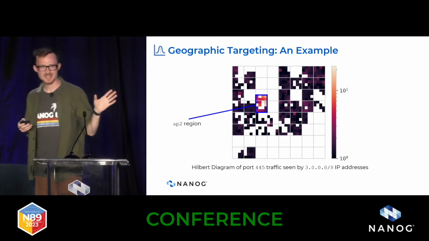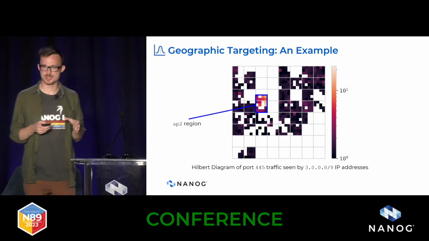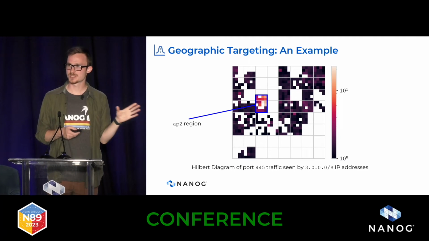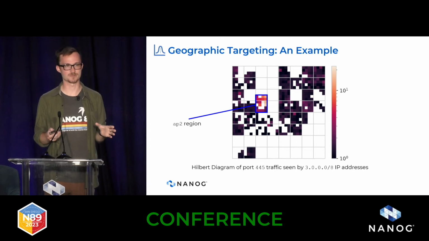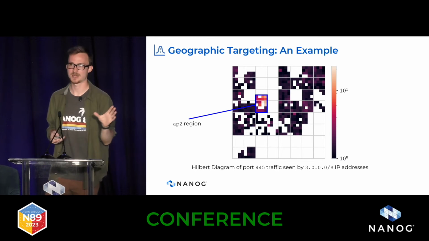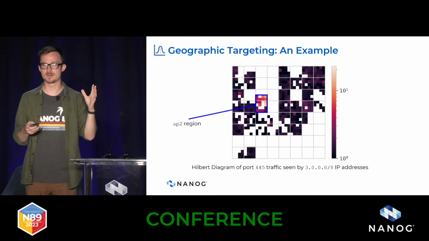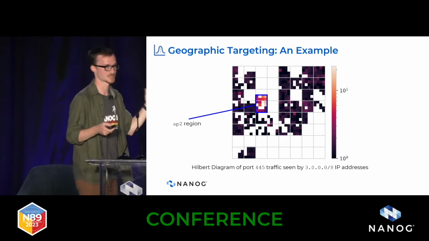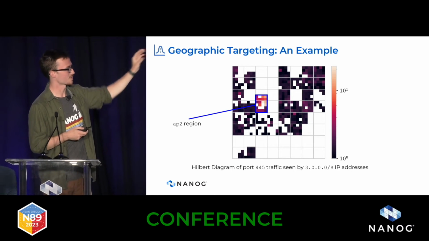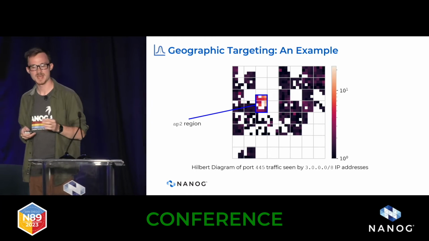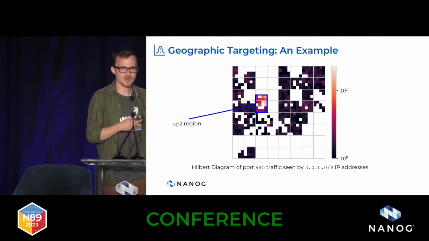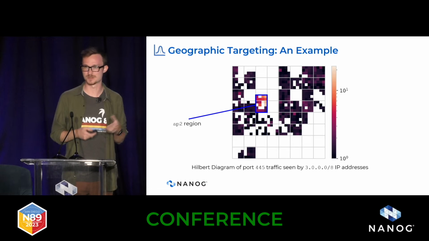Now, one thing I said in the previous slide was that we didn't see a lot of difference between geographic regions. Just as sort of an interesting example, that wasn't exactly true. One thing that we did was look at the types of protocols that were being exploited against different regions. Here, we have a Hilbert diagram of port 445 traffic seen by Amazon IP addresses in the 3./8. The 3. was a range that was actually acquired wholesale by Amazon several years back. If we look, actually different subregions of this Hilbert diagram exist in different physical regions of the world. And if we look at Asia-Pacific regions, we actually saw dramatically more targeting of this specific protocol. And so there are some differences in practice, and we're able to identify those using our vantage point.